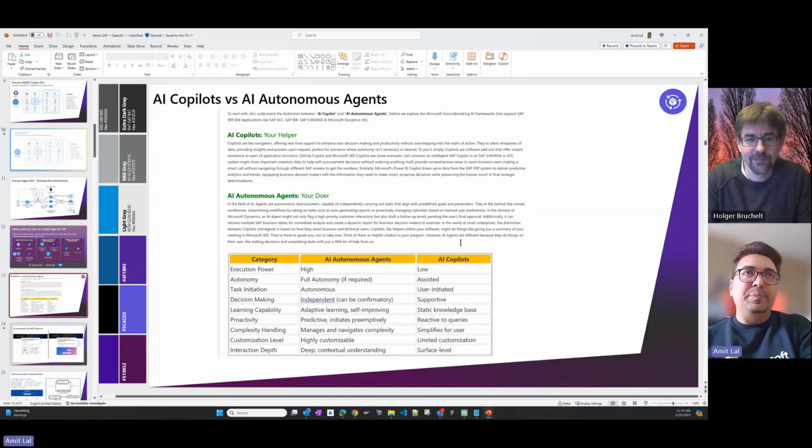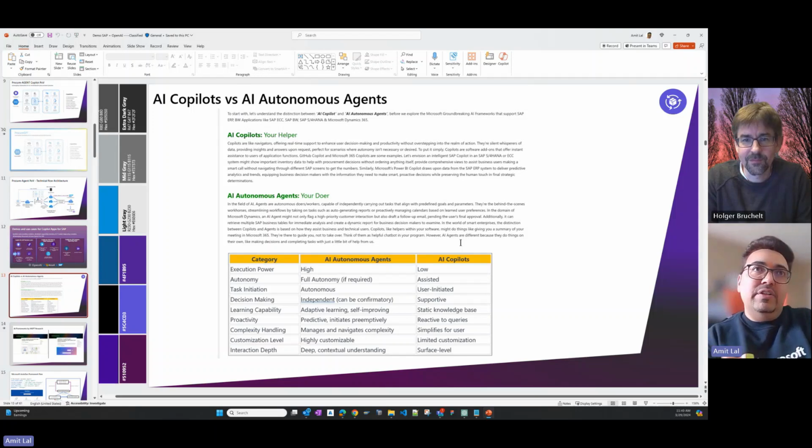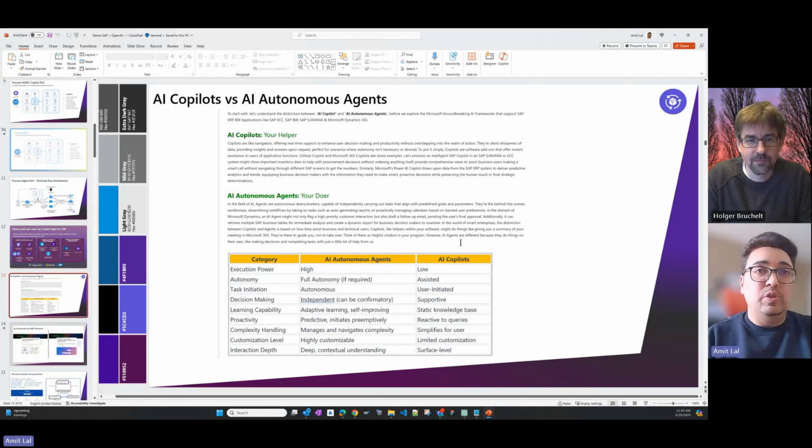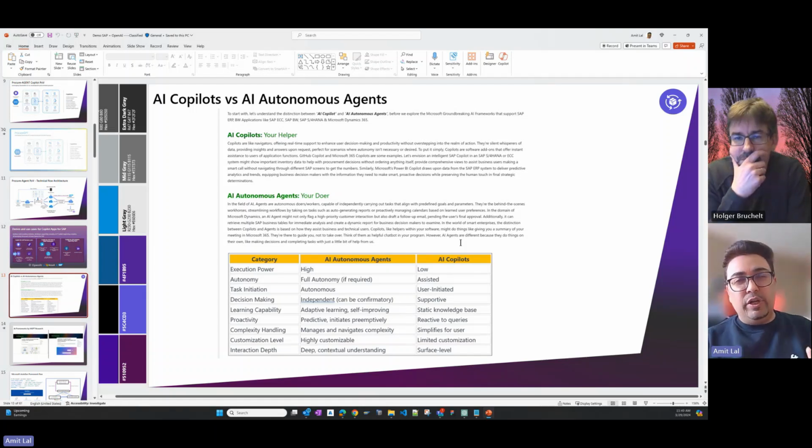It's more of how AI Copilot differentiates from autonomous agents. Autonomous agents can execute the task, while AI Copilot can just assist with the information you want from the system. In education, autonomous agents are going to be super helpful. And I think by 2025, AI autonomous agents are going to be leveraged on a higher side, because it's kind of helping.